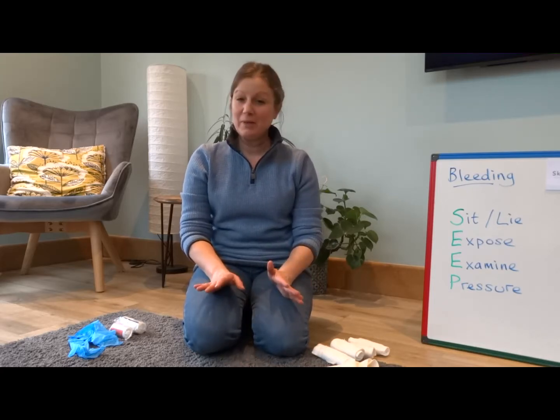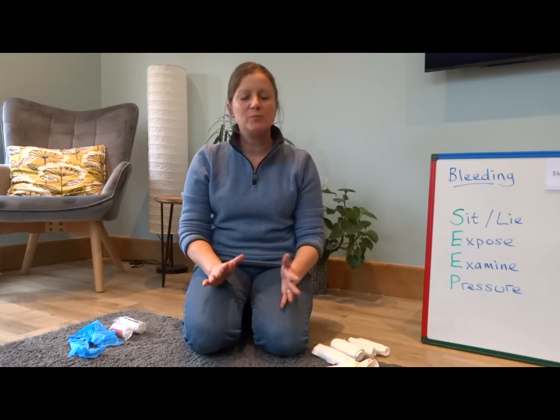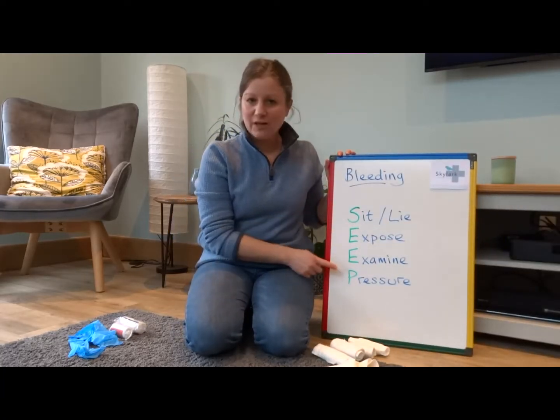This is just minor bleeding, so this isn't heavy or catastrophic bleeding. It's minor small wounds that are bleeding that we need to stop. So a good way to remember how to do this is to use the acronym. We love an acronym in